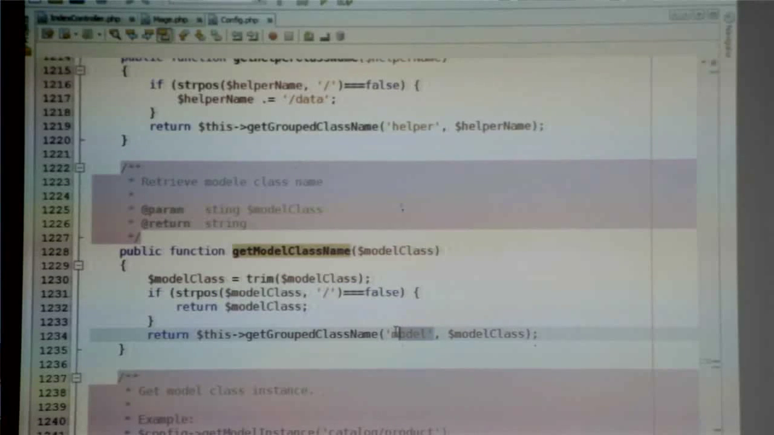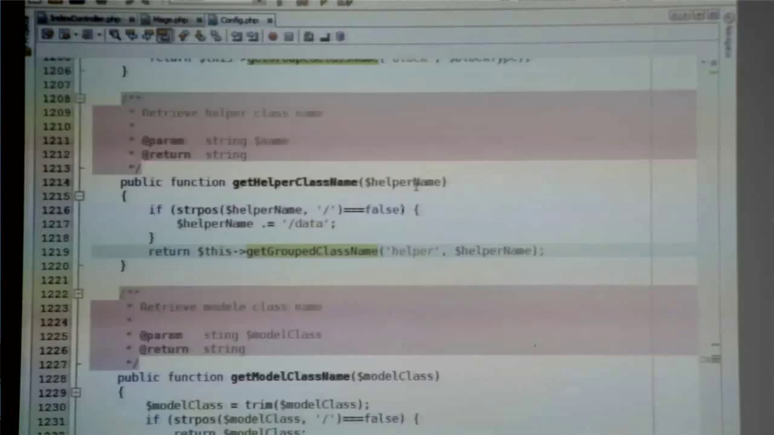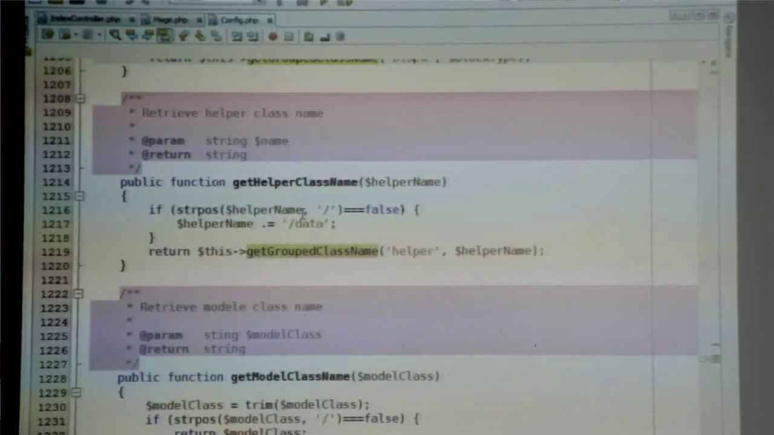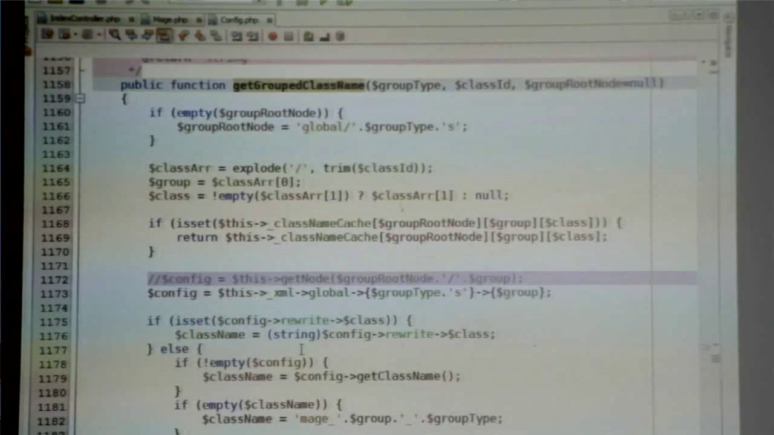So there are analogous functions all over the place in this class. You can see helpers are called with get group class name, only they pass in helper. And blocks are called, only they get called with block. That's the difference. So this is sort of the ultimate function here. So get group class name just takes this string, explodes it at the slash,